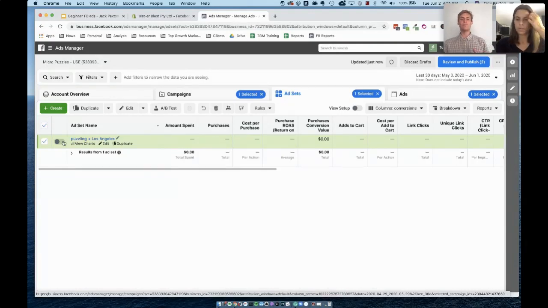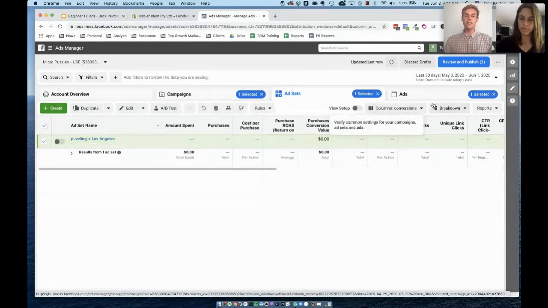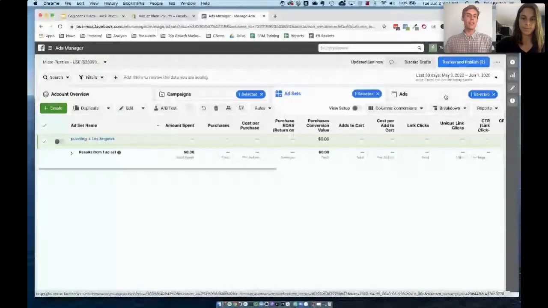So as you run your ads and as you collect your data and you start doing optimizations, you're going to want to turn specific ads or ad sets off that are not performing so that you can shift your budget over to the ads that are performing well. So that's why you want to control all of your on and off options on the ad set and the campaign level. Now, when you're optimizing, you want to start at your ad level, then the ad set level, then the campaign level,